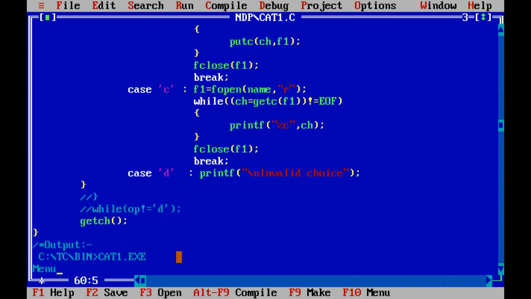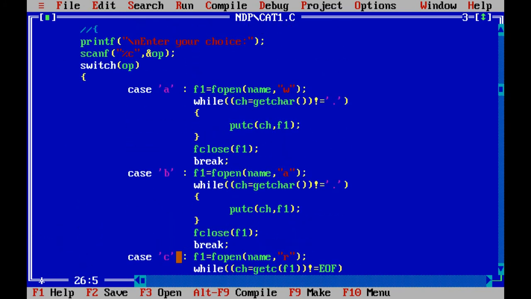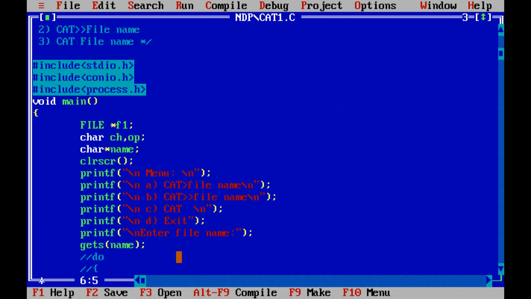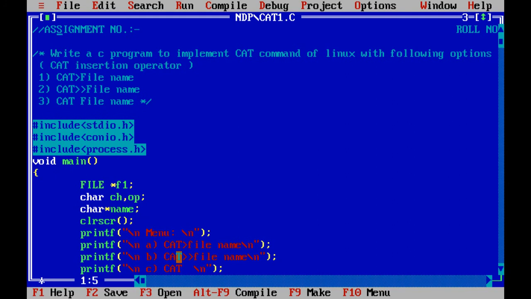Now for execution, I have made it simple, so we can go for a normal regular execution. If you want, you can execute the same code by making use of our compilation steps, which is compile, make, link, build all, and then we go to the DOS shell.